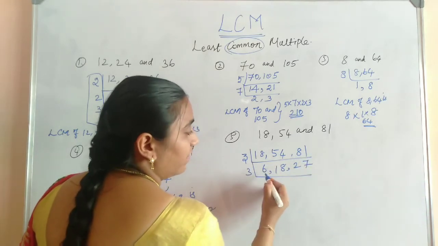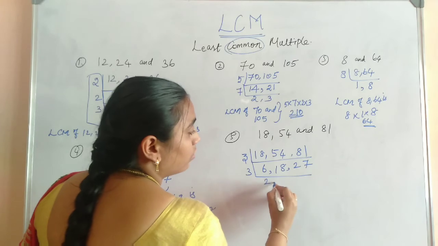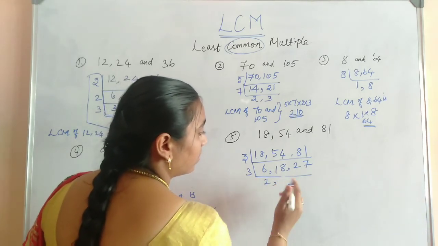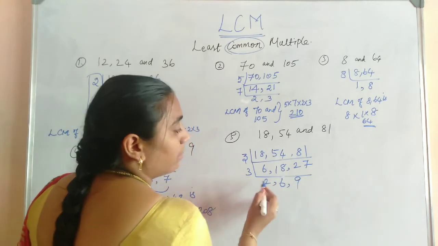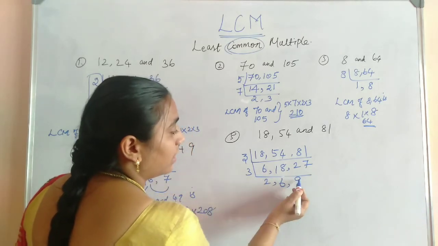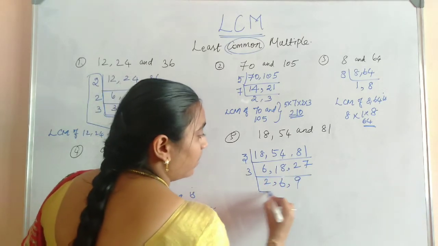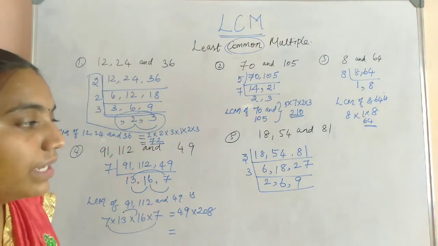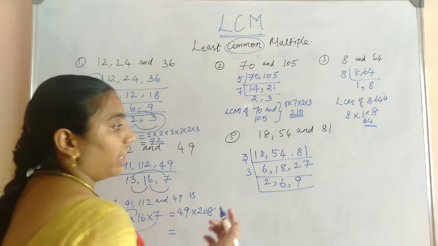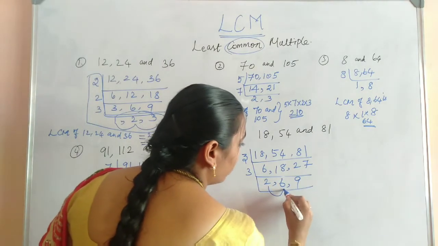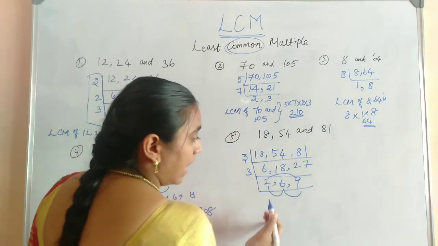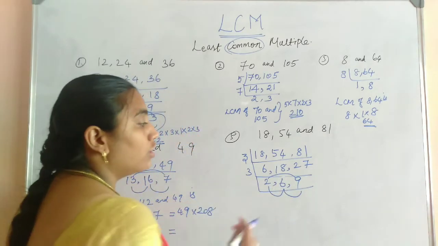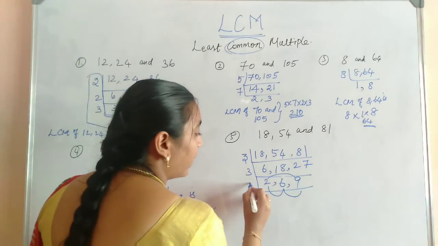Again, it looks like it is easily divisible by 3. 2 and 6. Sorry, it is 6 not 9, because 2 3s are 6, 6 3s are 18, 9 3s are 27. Again we have to check whether all three have a common factor. No. Okay, we can check any two, maybe this two or this two or this two. 2 and 6 have a common factor, 6 and 9 have a common factor. So I am taking 6 and 9. What common factor? The 3 table.